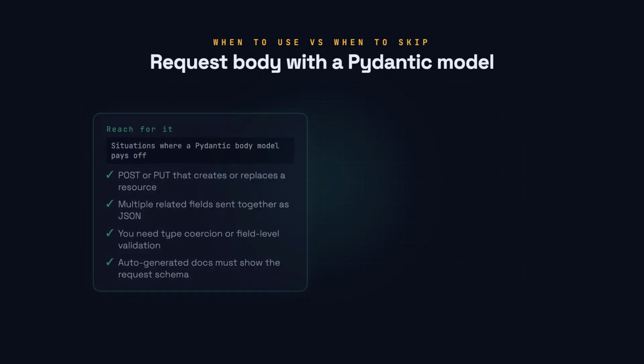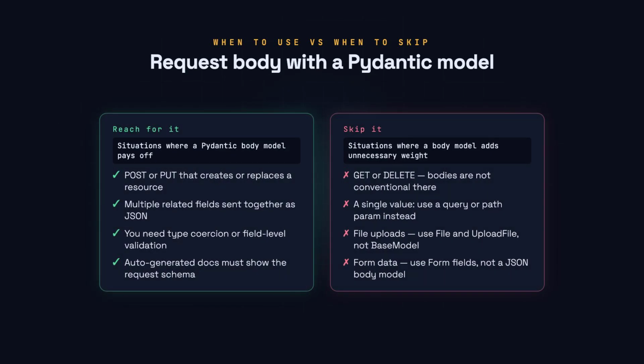Reach for a Pydantic body model whenever a post or put endpoint receives a structured JSON payload with multiple fields that need validation. That is the sweet spot. Skip it for get and delete requests, where a body is unconventional and many clients will not send one. Also skip it when you only need a single value, which belongs in a query or path parameter. For file uploads or HTML form submissions, FastAPI has dedicated types, UploadFile and Form, that are not interchangeable with